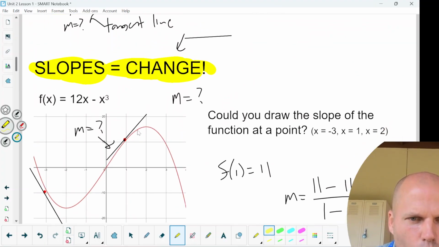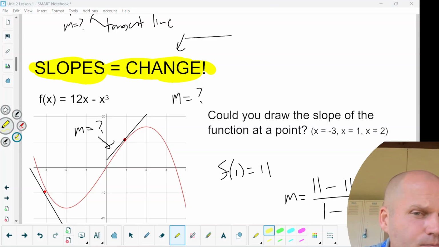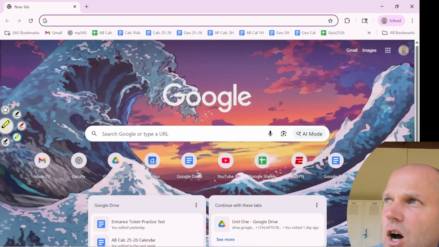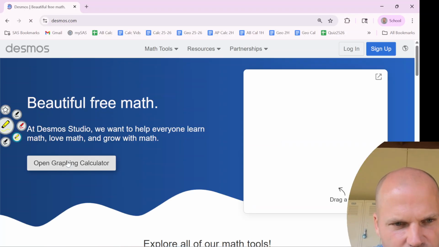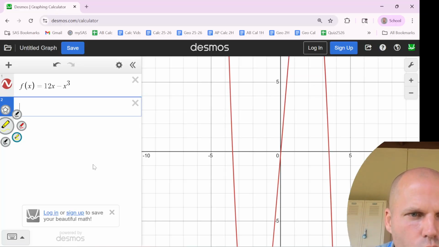How can I create a line or find a slope of that line that's really just looking at one point at x equals 1? And the idea is coming from last unit. What did we focus on a lot last unit that helped us talk about maybe not looking at one location, but looking really, really close to that location? Very, very, very close to that location. Hopefully you're thinking about limits and how with a limit, you don't have to use 1 comma 11. Rather, you could use